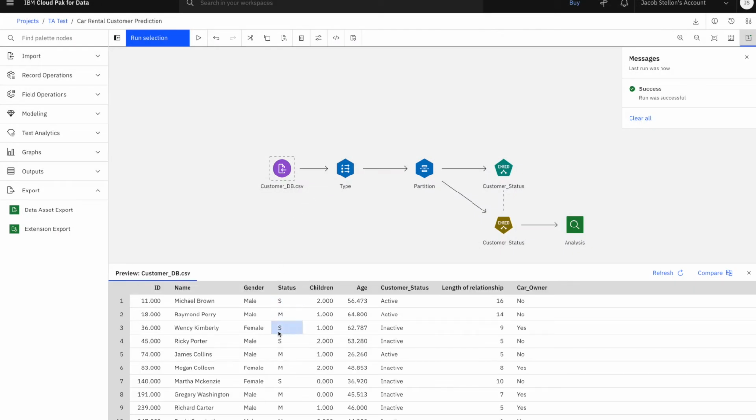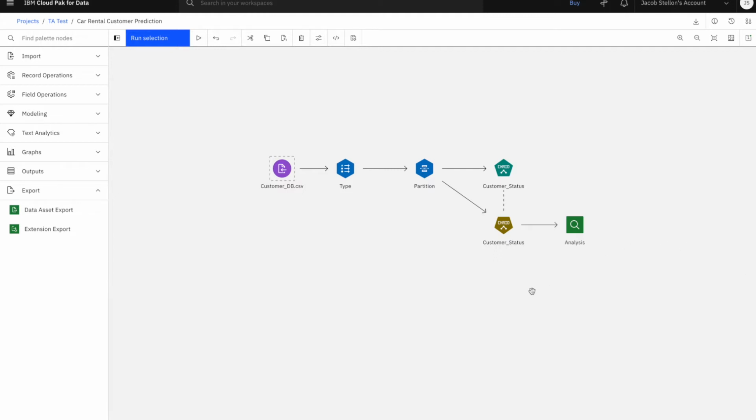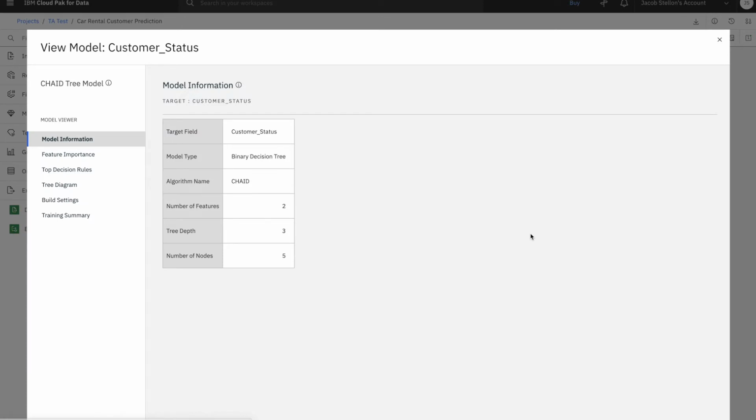The company has basic CRM data for each of its customers, fields like gender and age, for example. The rental agency also has this field called customer status. A customer is classified as active if they've used the rental agency in the last 12 months. The car rental agency wants to build this model so they can sort active customers in accordance to their future risk of becoming inactive. By doing this, the car rental company can make retention offers to high-risk customers and improve